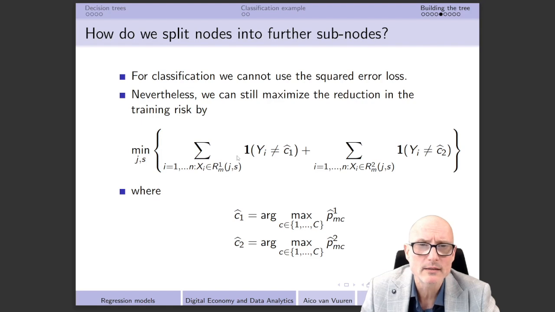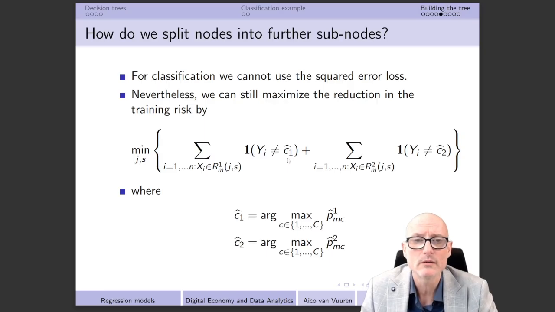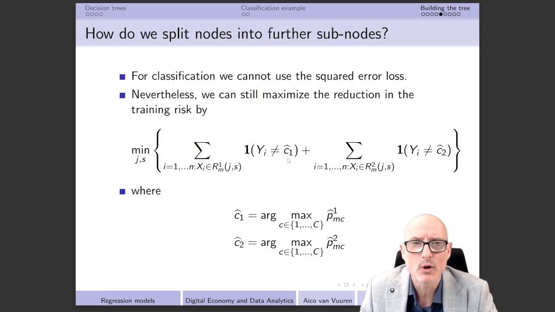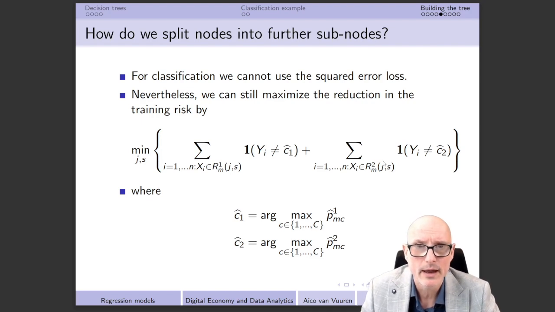What we should realize is that this derivative is actually always equal to 0, because generally this thing is either equal to 0 or 1. It is not continuous at the moment that we shift from yi unequal to c1 hat to yi equal to c1 hat. That implies that we cannot take derivatives over here, and that makes this problem extremely hard for a computer.